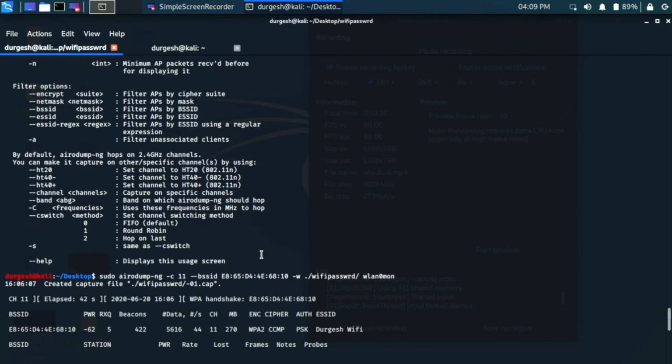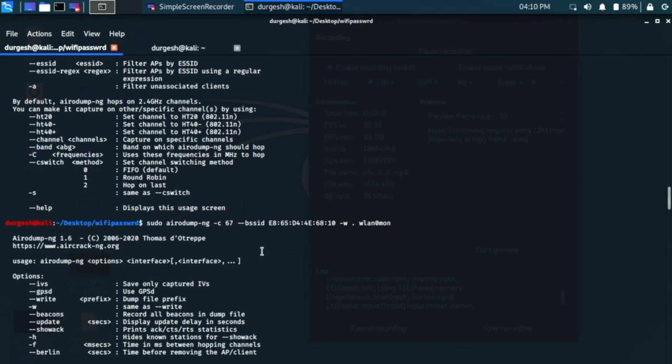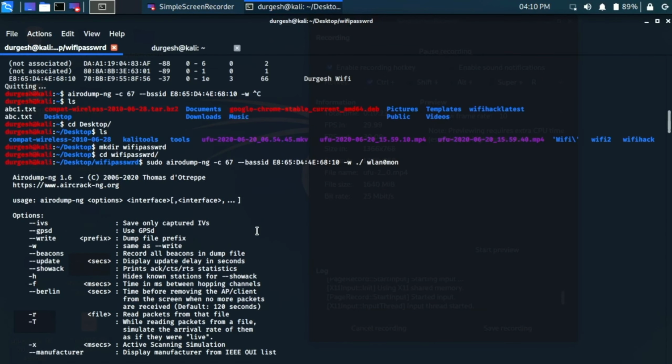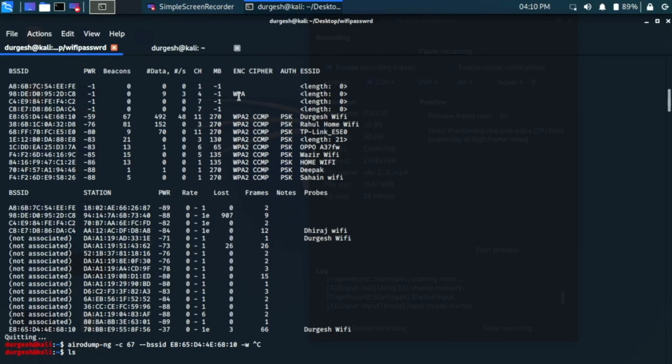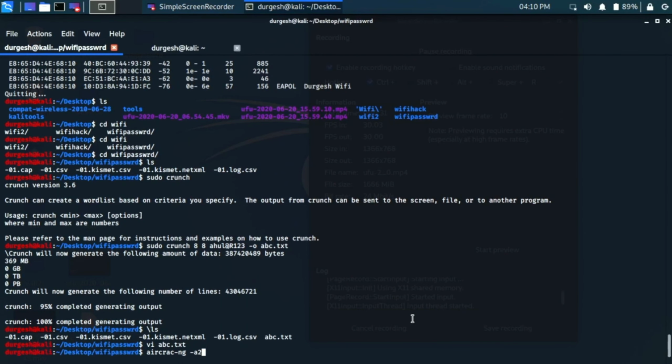So you can find out here that it is a WPA type. So we are going to use that, and then provide the BSSID, which I have copied. And then the word list file abc.txt, and then provide the .cap file.